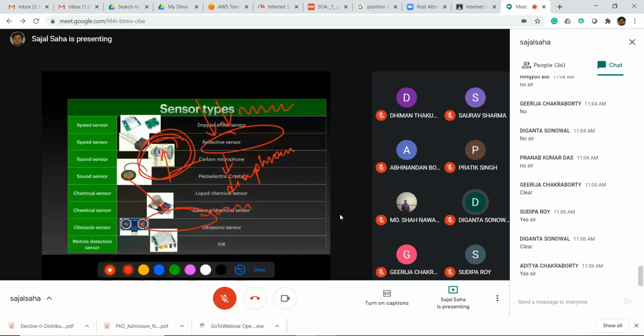Now, if any cracks happen inside your bridge, there is a receptor outside the bridge, in a remote location, where you can receive that sound signal. If the sound signal is okay, you are confirmed that the bridge is also okay. But if a crack happens inside the bridge, there will be an air hole.